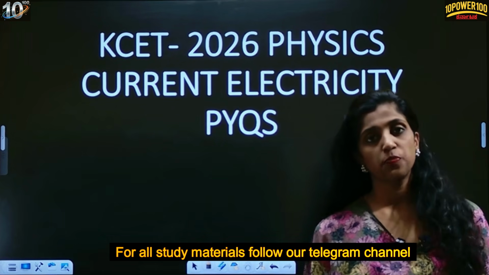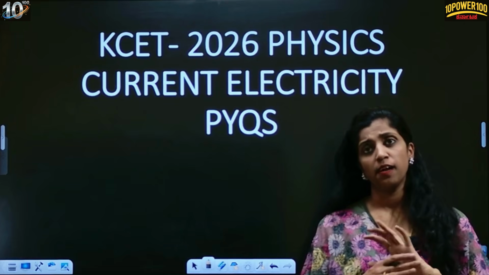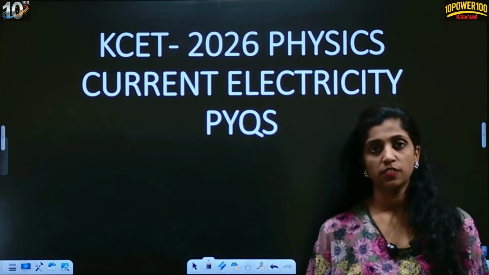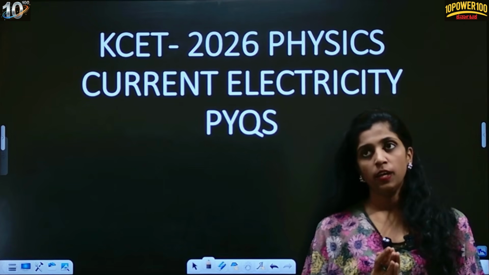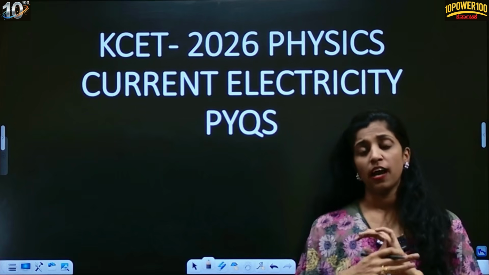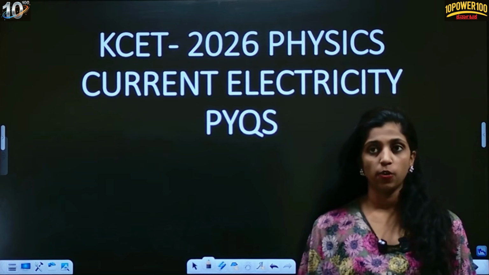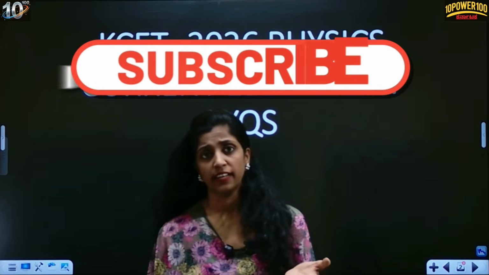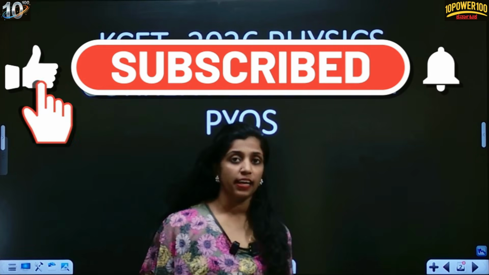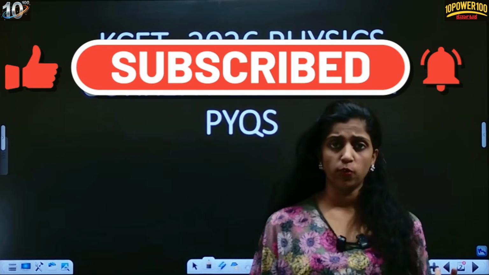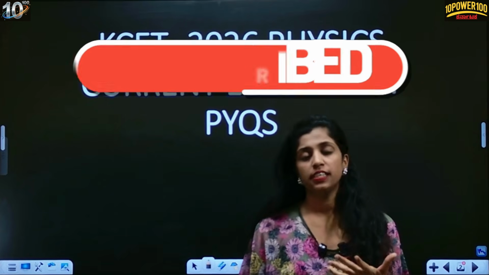So this class is purely for KCET guys, and I've taken all the previous year questions for this current electricity chapter. Okay, so by now ನಿಮ್ಗೆ ಗೊತ್ತಿರಬೇಕು ಯಾವ ಚಾಪ್ಟರ್ ತುಂಬಾ ಇಂಪಾರ್ಟೆಂಟ್ ಫಾರ್ CET, especially in the second PUC. Okay, so second PUC li electrostatics, the first two chapters, and then current electricity. Of course, maximum number of questions, like 5 to 6 questions each chapter kelbodu.